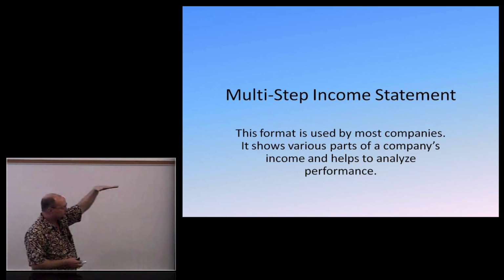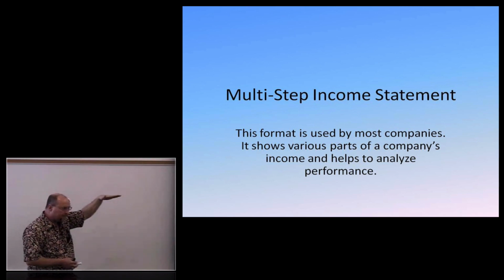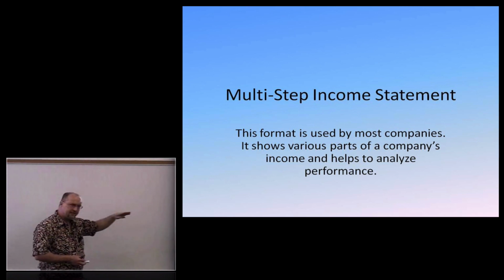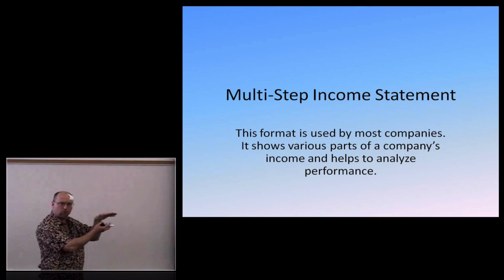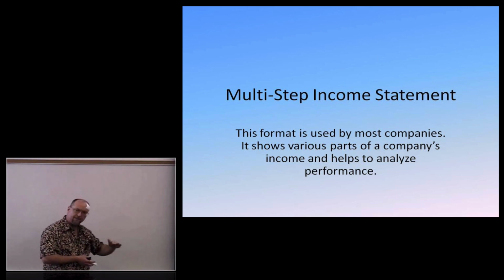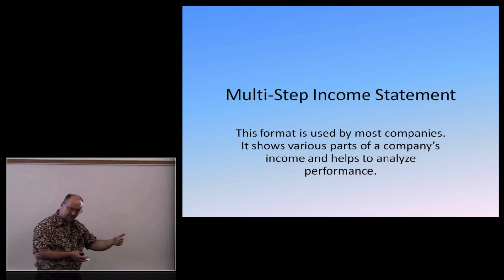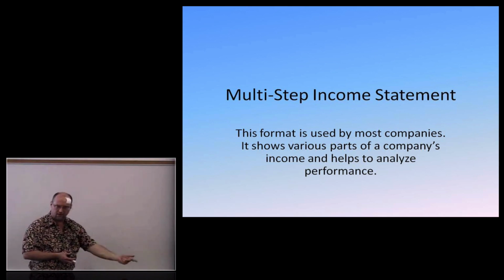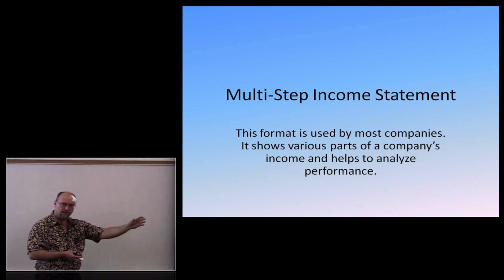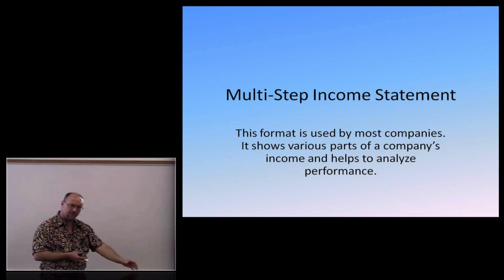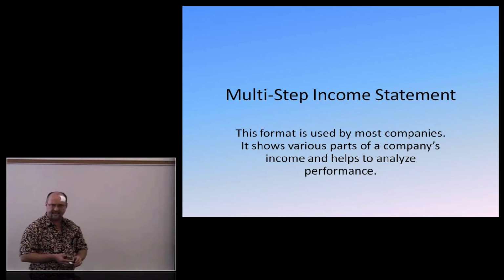So if I had service revenue, rent revenue, interest revenue, dividend revenue, whatever source of revenue I had, I put it in the top section, and then I added those up, and I had total revenues. Underneath total revenue, I listed all my various expenses. Rent expense, wage expense, insurance expense, utility expense, total expenses. Total revenue minus total expenses gives me net income, ignoring